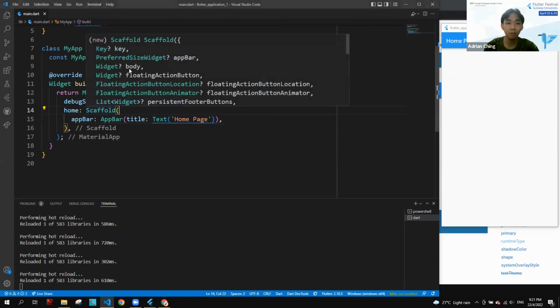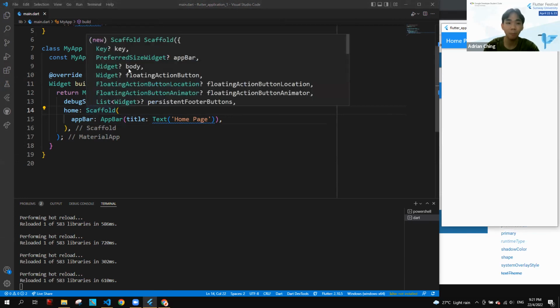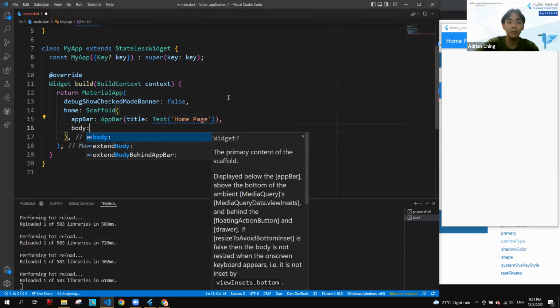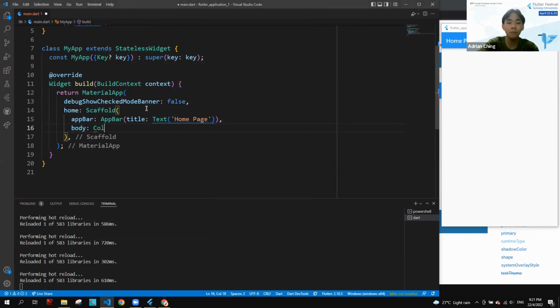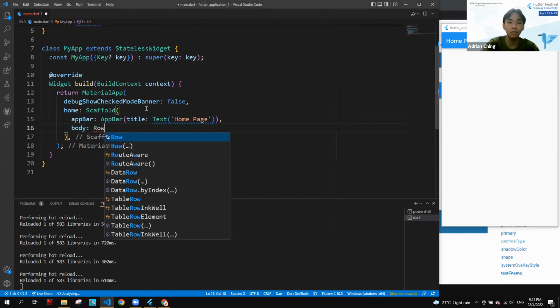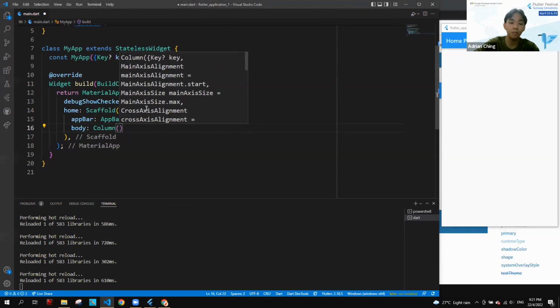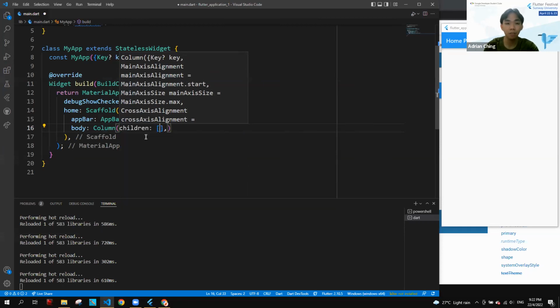So the blank scaffold has a body, and basically if you want stuff to show over here, it's in the body. Let's do that. After app bar, put a body parameter. This body parameter accepts a widget as well, but most of the time you want multiple widgets, right? So we can use a column or row or something like that, basically a layout widget. And layout widgets will be explained more in tomorrow's workshop, but for now, in the column, let's add children,